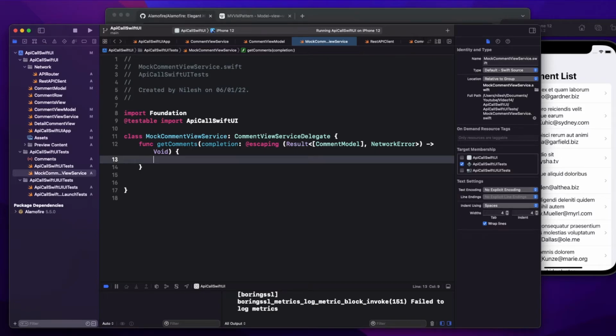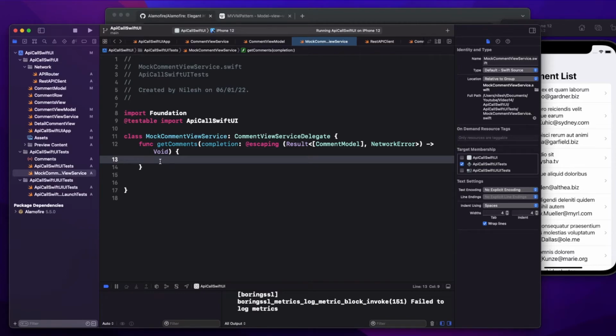Now instead of making the actual API call here, we have to somehow mock this. Okay, now how can I mock this particular thing? In this case, I will read this particular comment file instead of making the actual API call.